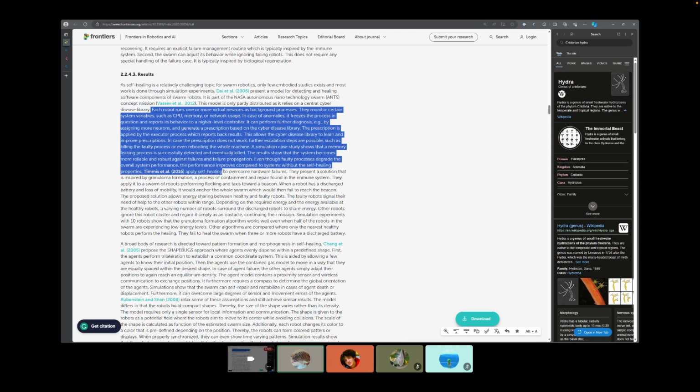Venus applies self-healing to overcome hardware failures. They present a solution that is inspired by granuloma formation in a process of